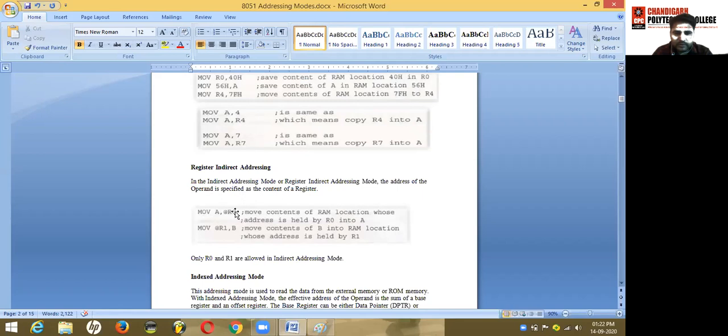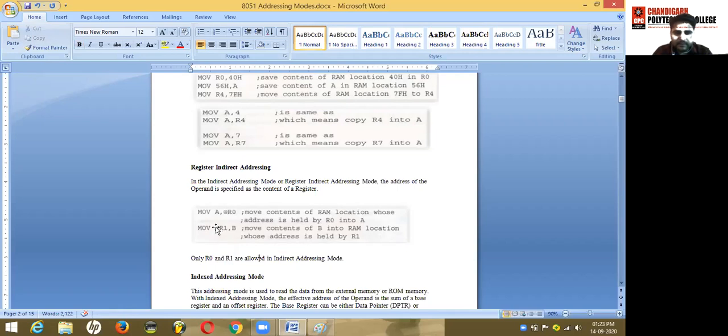You are not going to transfer the R0 content. R0 is a register that holds the address of the RAM location, and that address has the content which you are going to move into the accumulator. In this addressing mode you are allowed to use only the R0 and R1 registers.